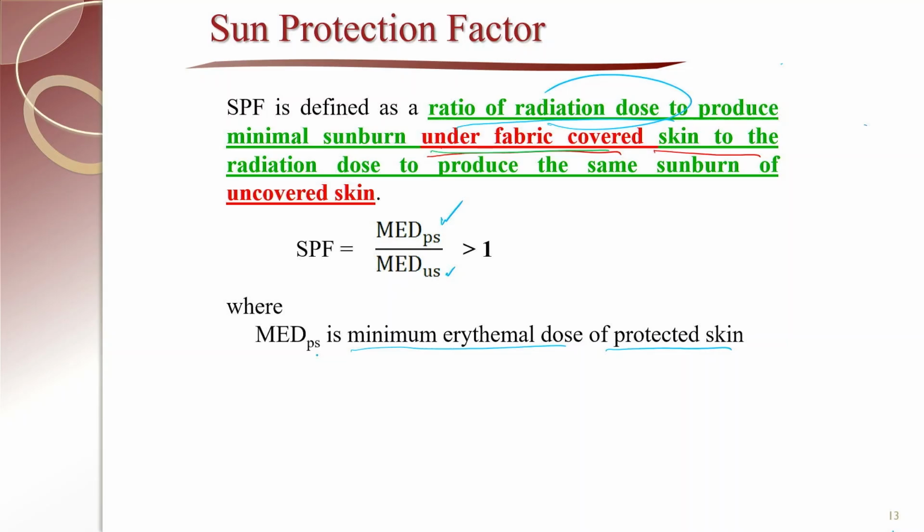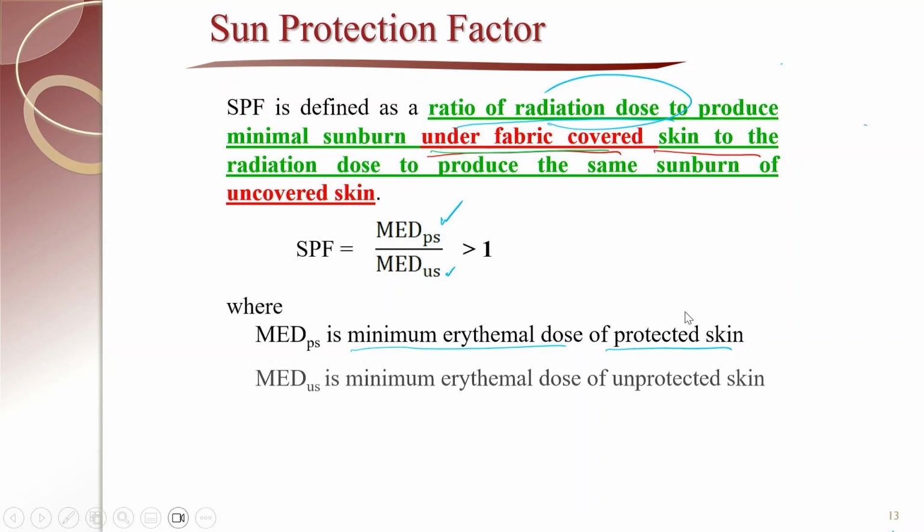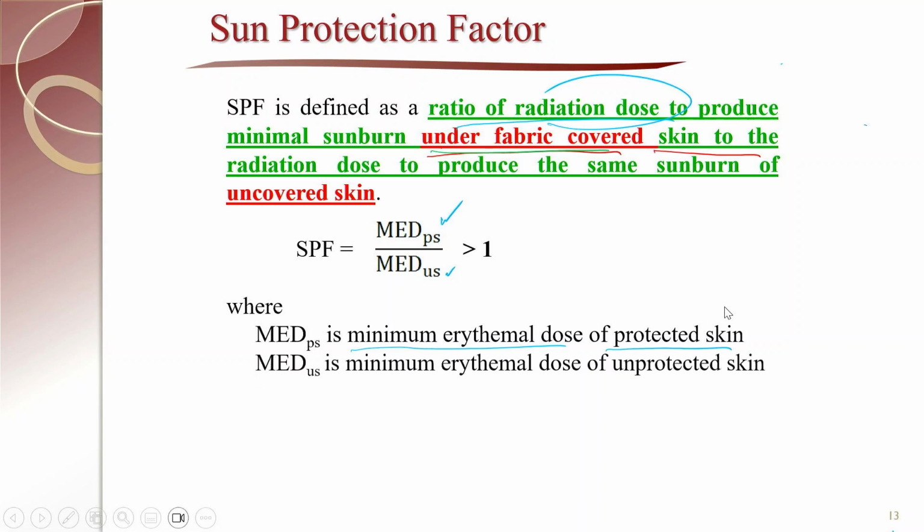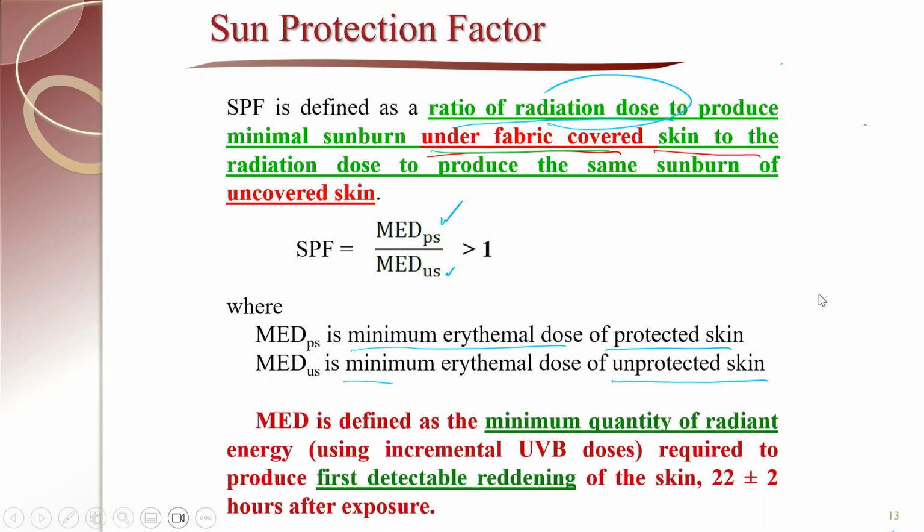Protected skin may be protected by fabric or by any type of sunscreen lotion, and MED US means minimal erythemal dose of unprotected skin. So, MED is the minimal erythemal dose,